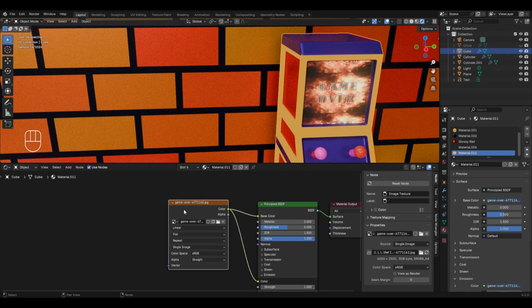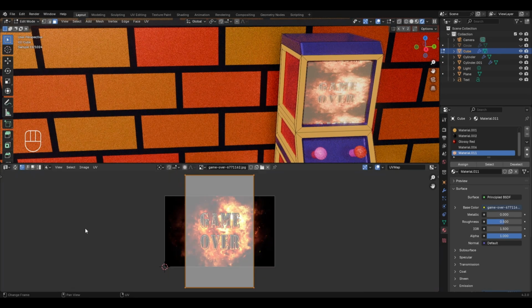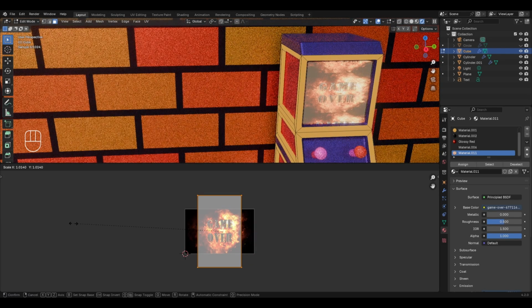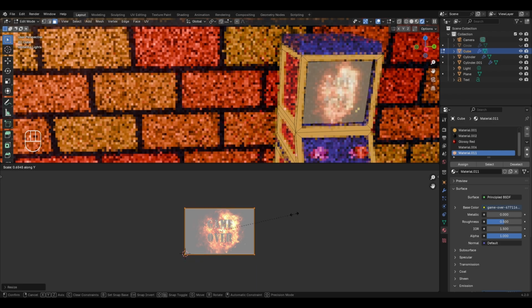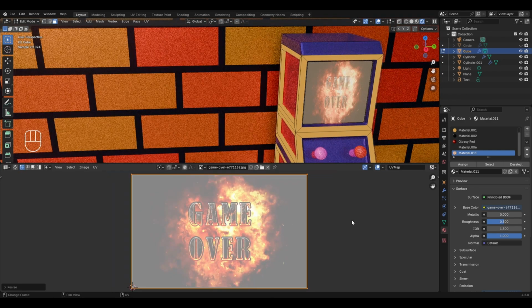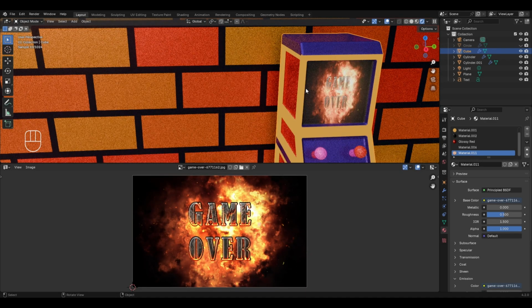But if you look closely at this image, you will notice that the image is repeating itself. The first image ends here, then we have the second image, and then the text for the third image is also visible. And to solve this problem, let's again enter the edit mode, change this window back to the UV editor, press A to select all, and let's first scale it up in the X axis. So press S and X and scale it up like this. After this, let's also scale it down in the Y axis by pressing S and Y and left click to finalize. So in simple words, we adjusted the size of the face formed by these 4 vertices according to the size of the image. And with this, we now have a perfect image texture applied on this face.